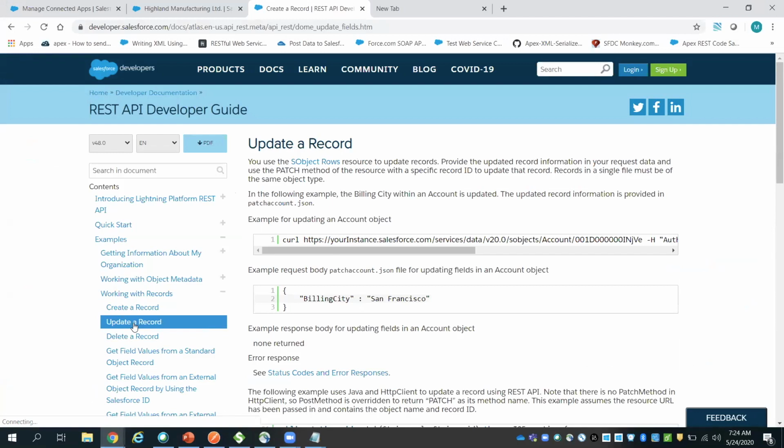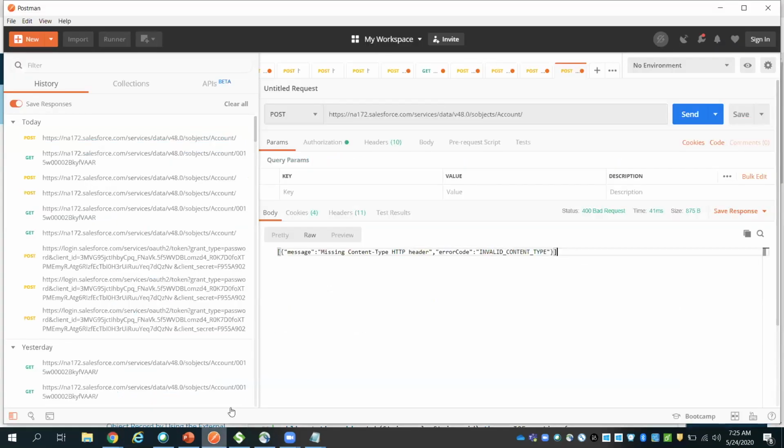Similarly, when you wanted to update a record, you will have this endpoint URL, and you will be passing whatever you wanted to update as JSON format, and you can update it. Here they just put curl, but just ignore this curl. Basically, this is an endpoint. You can put the same endpoint, and you will be passing this data right from here, using this raw format. Somehow this is disabled for me. I don't know what it is. So that's how you'll be doing it.